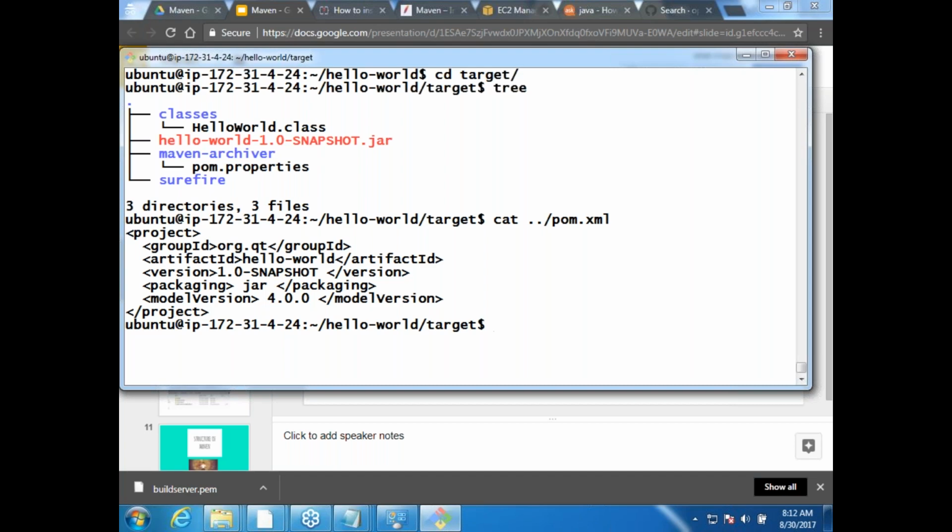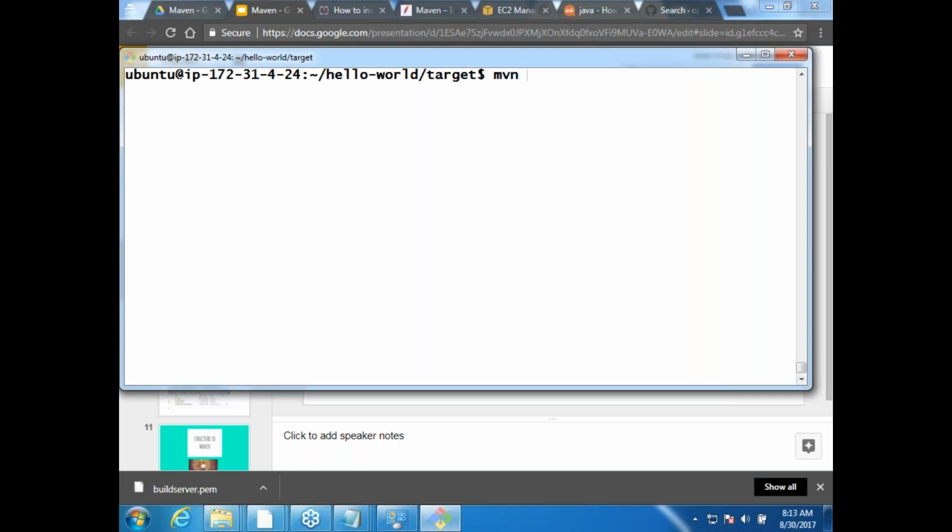So what Maven does is it also creates a local repository. And what is our local repository's path? See, users, .m2, and in that there is a repository folder. Now let us assume that I want to move this to my repository. So then I should use something called mvn install. Mvn install will take this target file and copy it to my local .m2 folders. So let us see that.